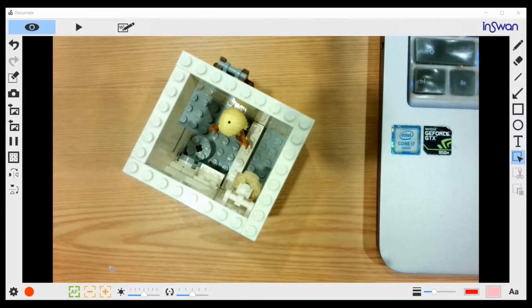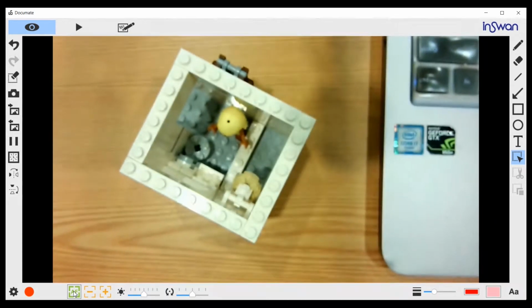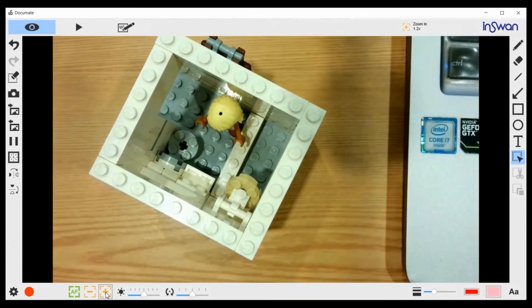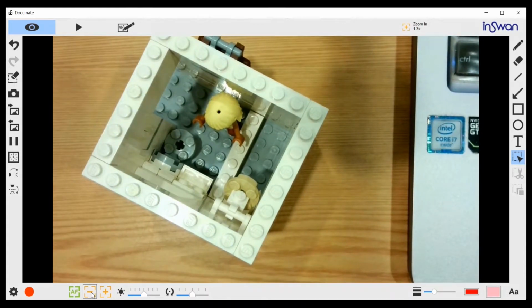On the lower left, we have several buttons here. This one is AF, autofocus. Suppose you find this image not very sharp, we can press on it. Then it will help you focus. Next to it is the zoom in, zoom out button. If we press the zoom in, we can zoom in like so. And then if we zoom out,